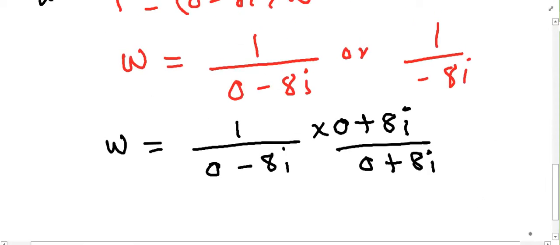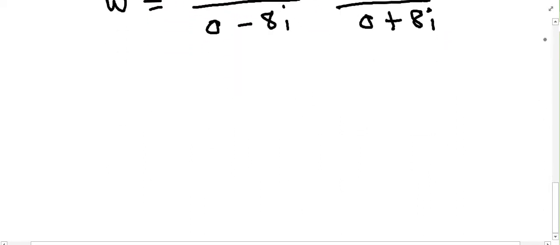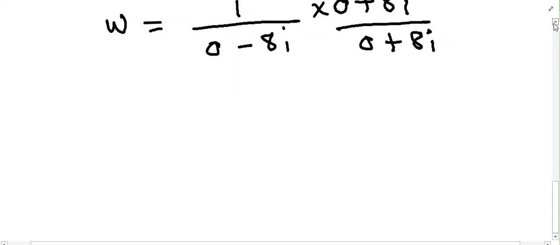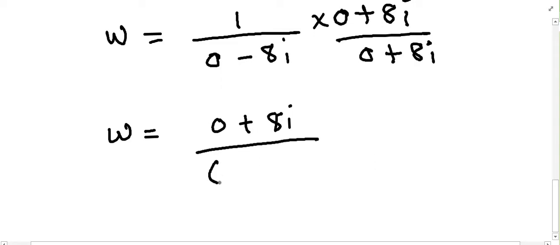So when you work out this, you're going to find that W will simply be equal to 0 plus 8i over 0 squared minus 8i squared. The reason why I'm including 0 is because, according to the question, they want us to write it in the form